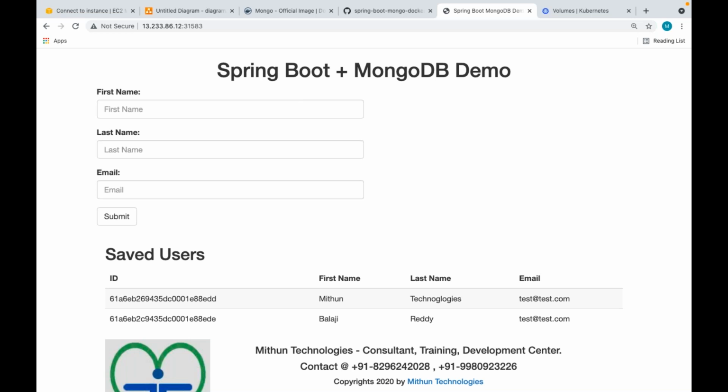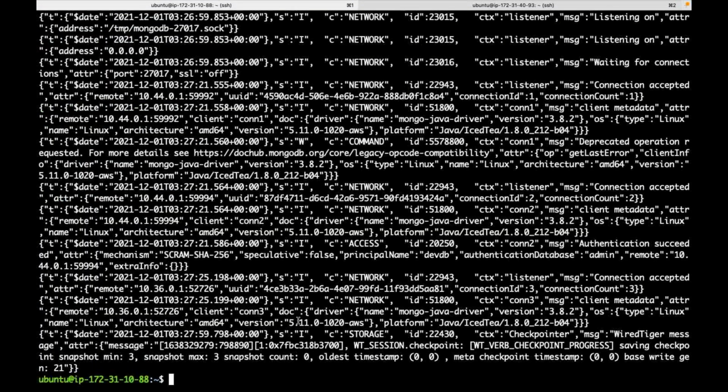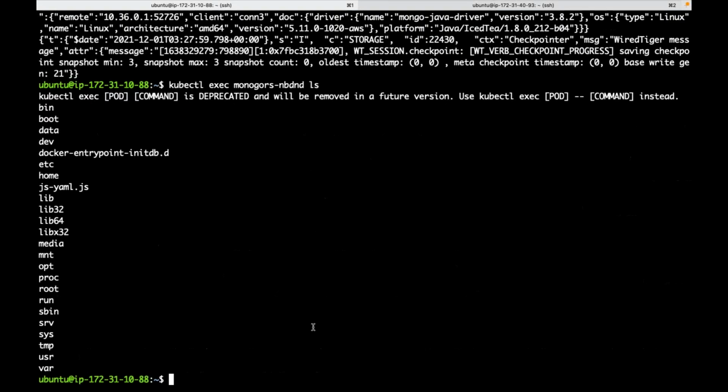You can execute commands on the pod's containers using kubectl exec. If I want to check the logs, can I use kubectl logs? Suppose I want to check the logs of this pod, kubectl logs. If I want to execute some command, kubectl exec. We can use all these things.